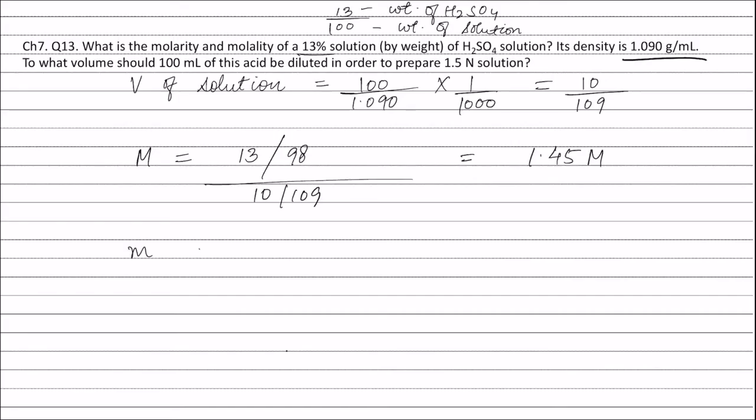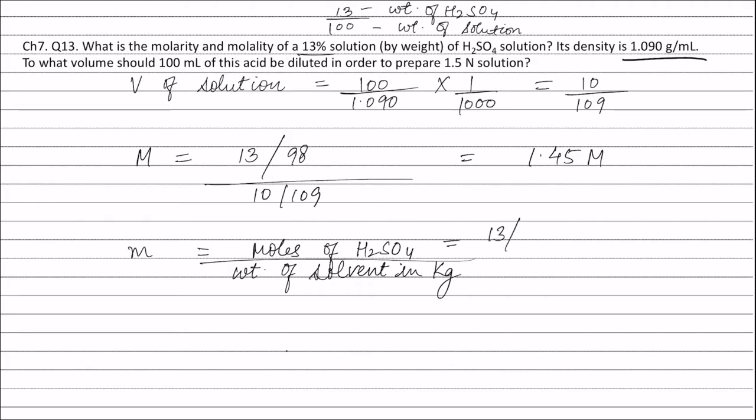Molality of sulfuric acid is equal to moles of sulfuric acid divided by weight of solvent in kg. Now moles of sulfuric acid will be equal to weight of sulfuric acid, that is 13, divided by